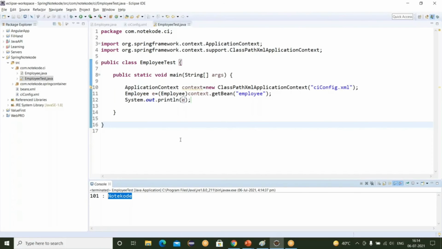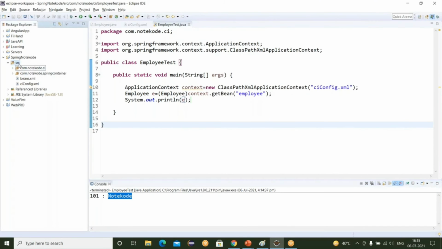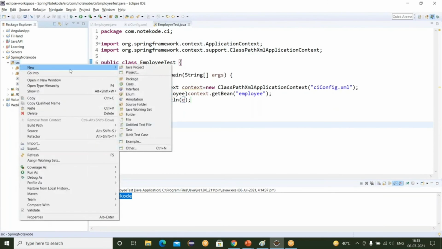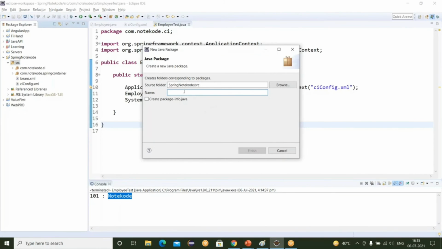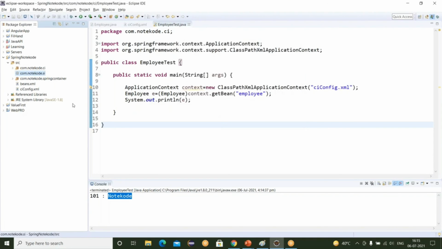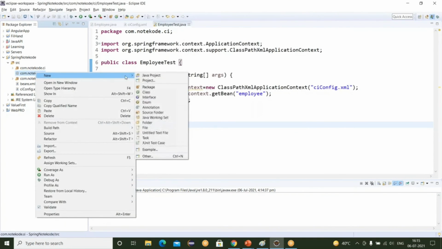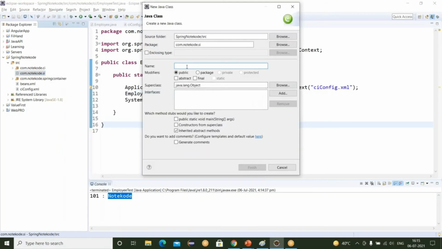Now let's discuss setter injection. Again, I created a new package here. Let's say com.notecode.si this time for setter injection. And create a class. I'm taking the class name here as Student.